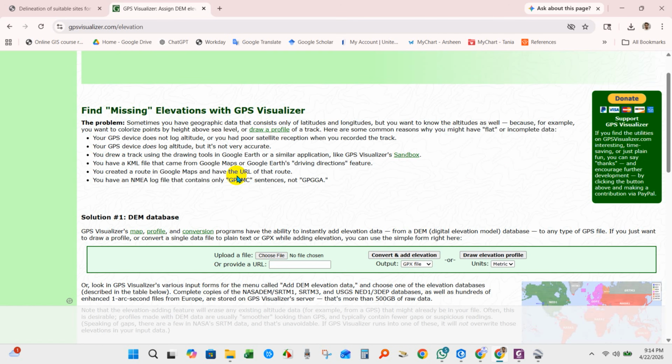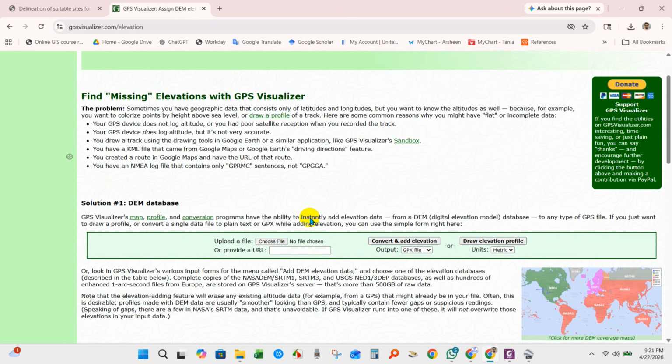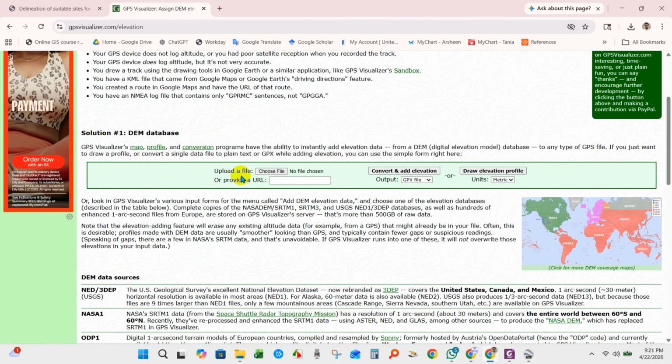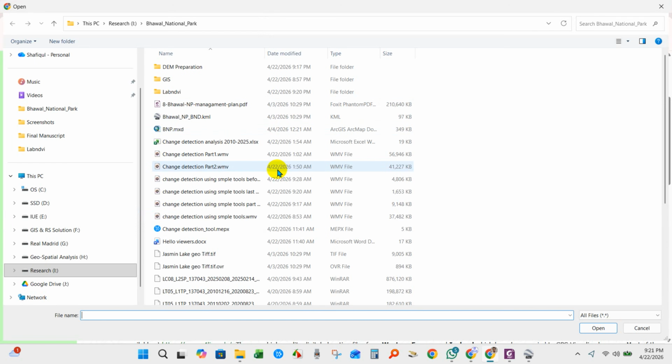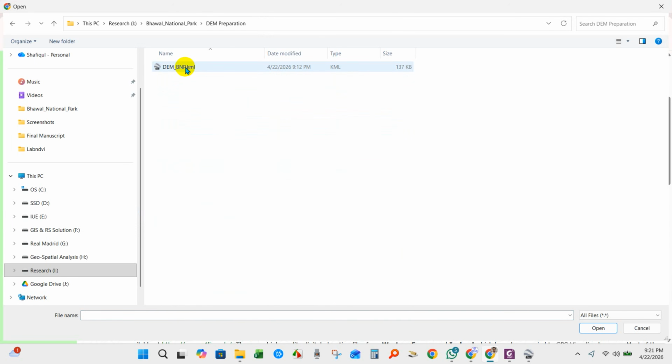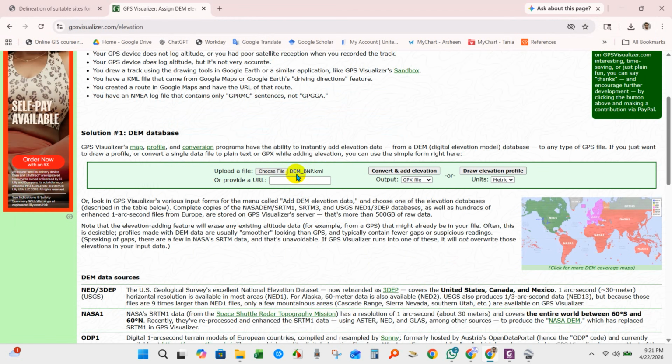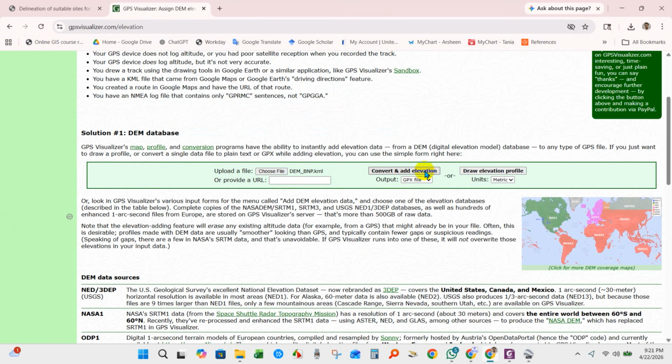Click here, and here you will find options convert and add elevation. We will convert GPX file. So upload a file, choose file and upload your KML, click open. And then convert and add elevation, click here,